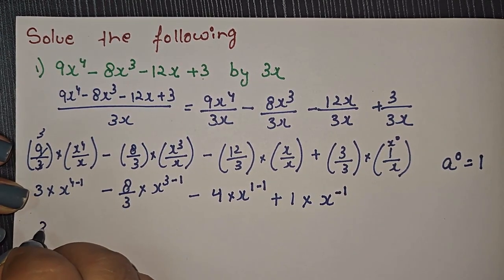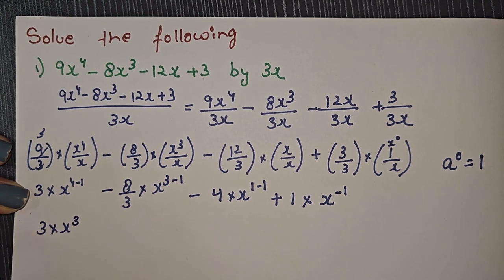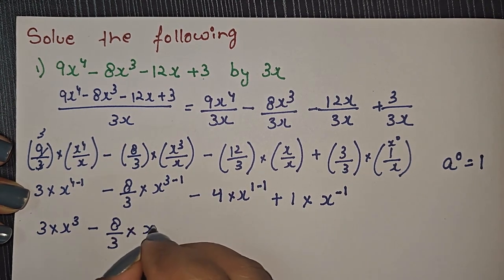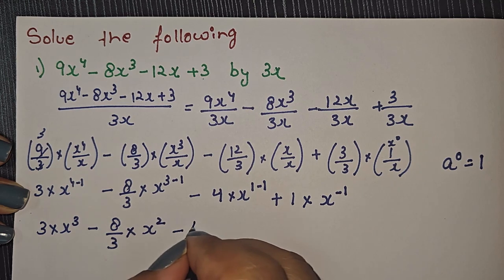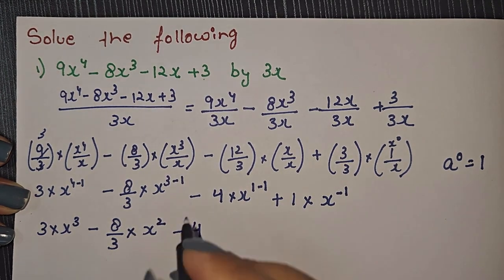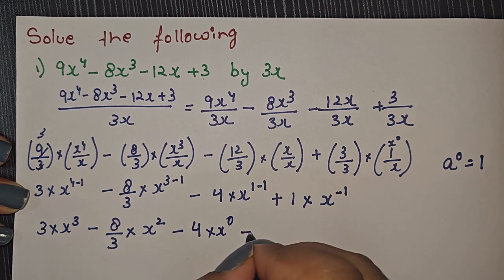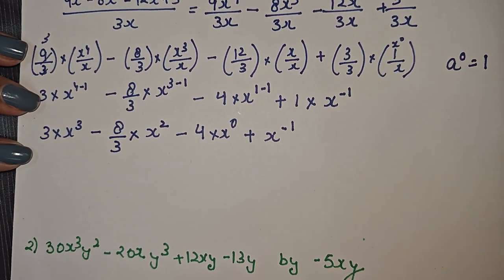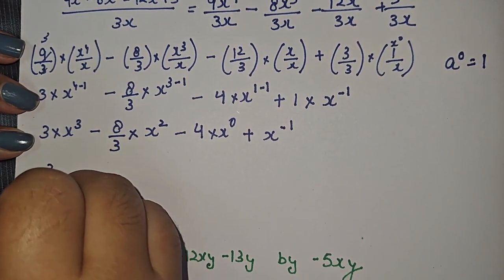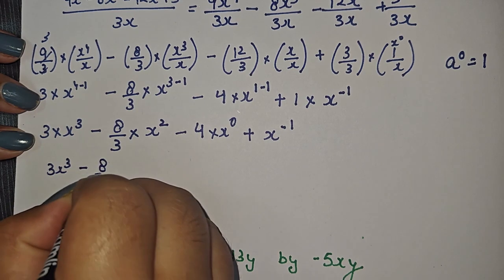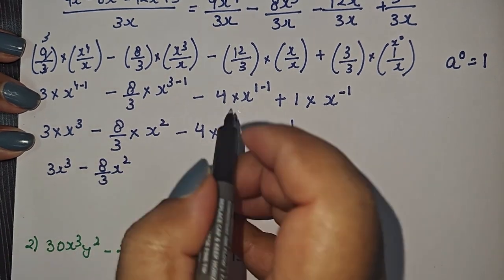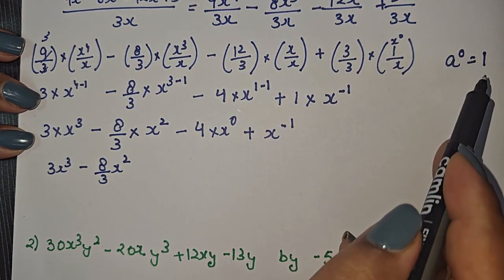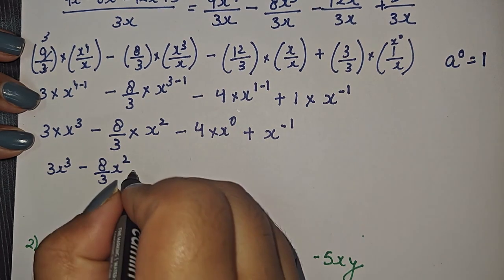Now this will be 3 into x^3, minus 8 by 3 as it is, and this will be x^2, minus 4. 1 minus 1 is 0 into x^0, plus this one will be x to the power minus 1. Now this can be written as 3x cube minus 8 by 3 x square. Since we have x to the power 0, as we have just seen, a to the power 0 is equal to 1, so it can be replaced here. So we have minus 4